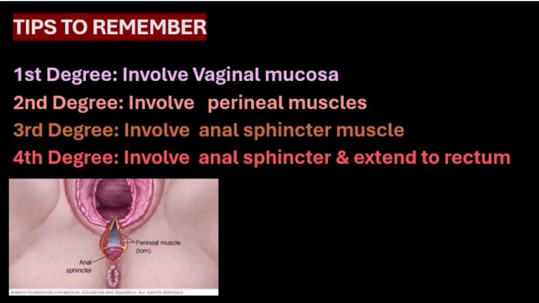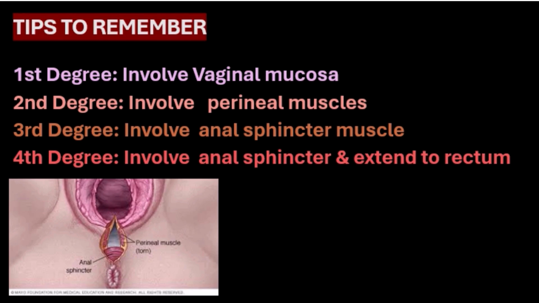The tip to remember is: first degree involves vaginal mucosa, second degree involves perineal muscles, third degree involves anal sphincter muscles, and fourth degree will involve anal sphincter and extend to rectum. This is the diagram to see the